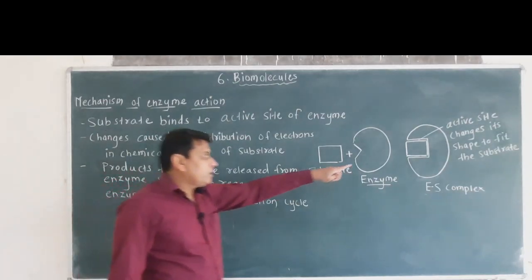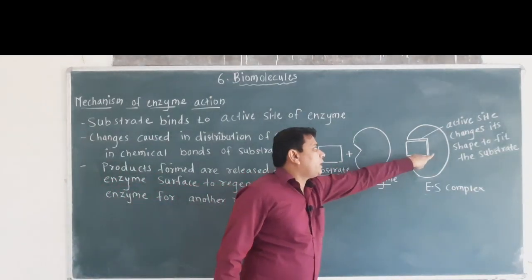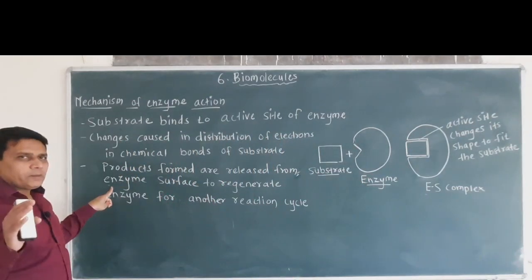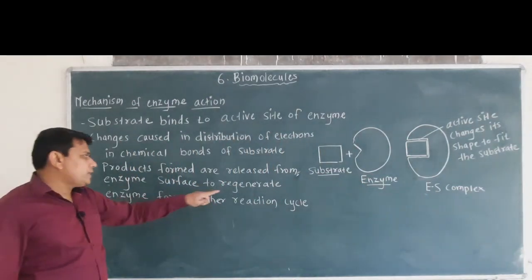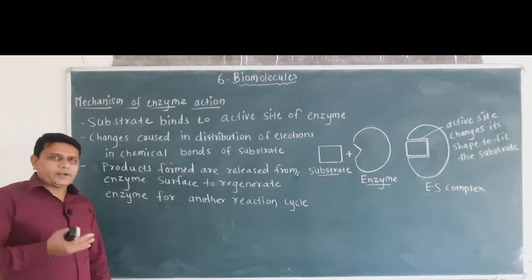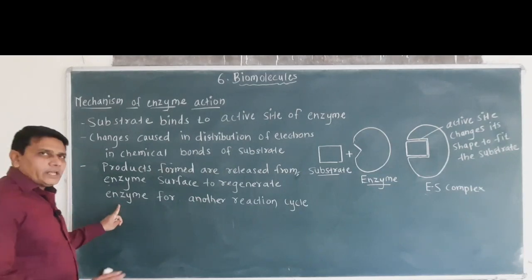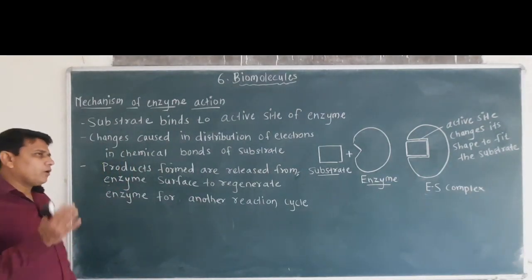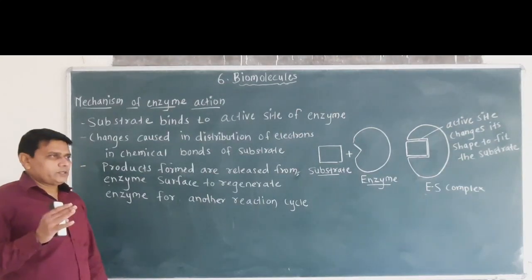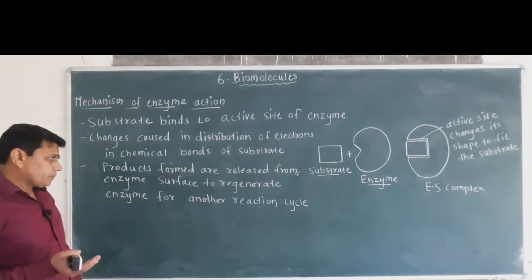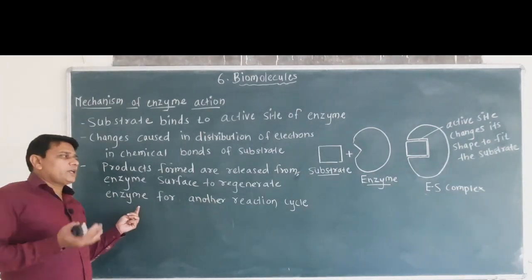Then products formed are released from the surface of the enzyme to regenerate the enzyme for another reaction cycle. That means after the formation of products, the products are released from the enzyme surface and the enzyme is regenerated